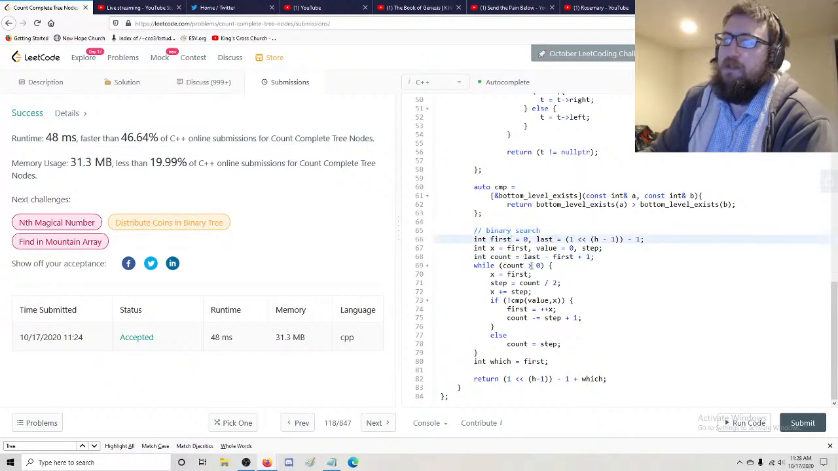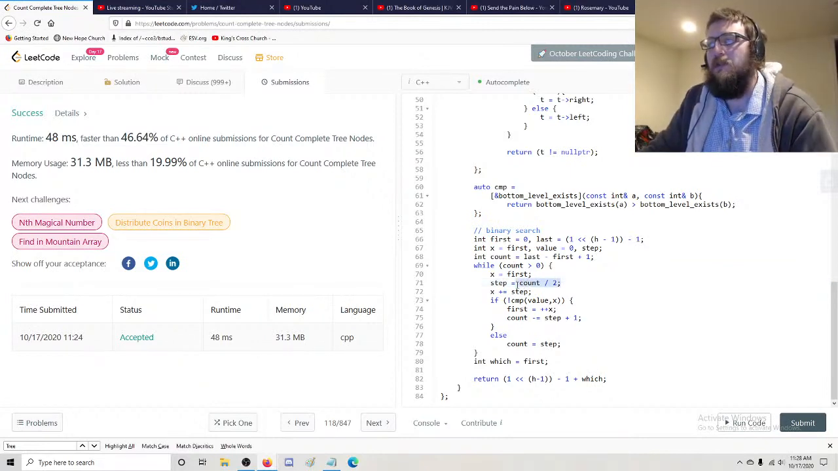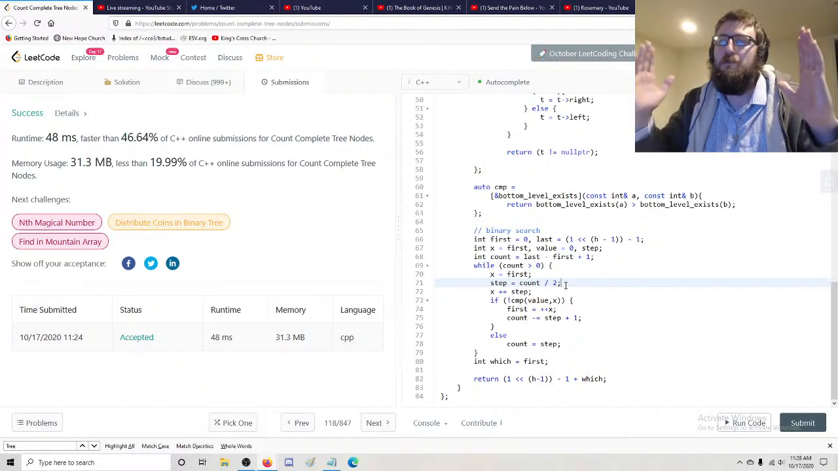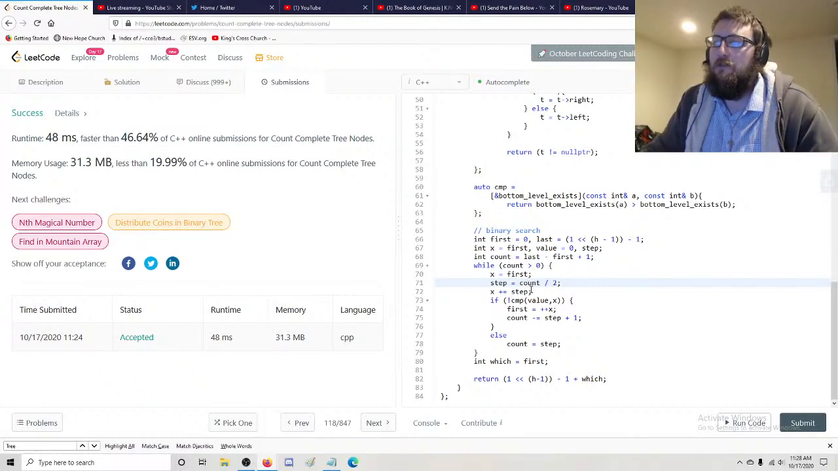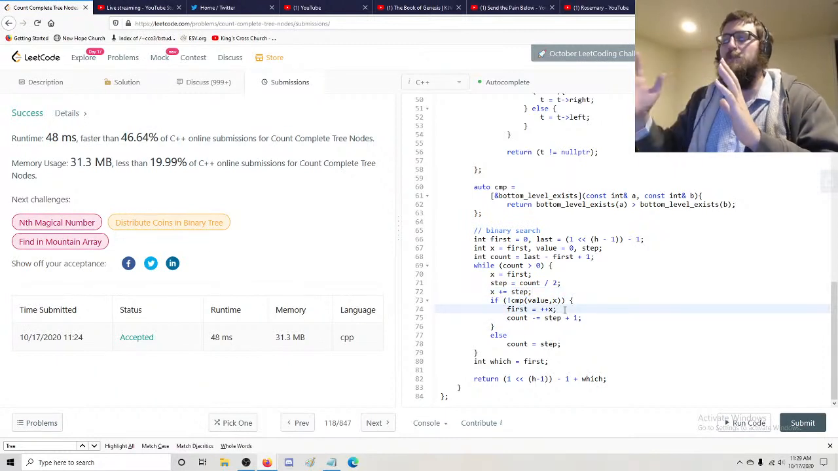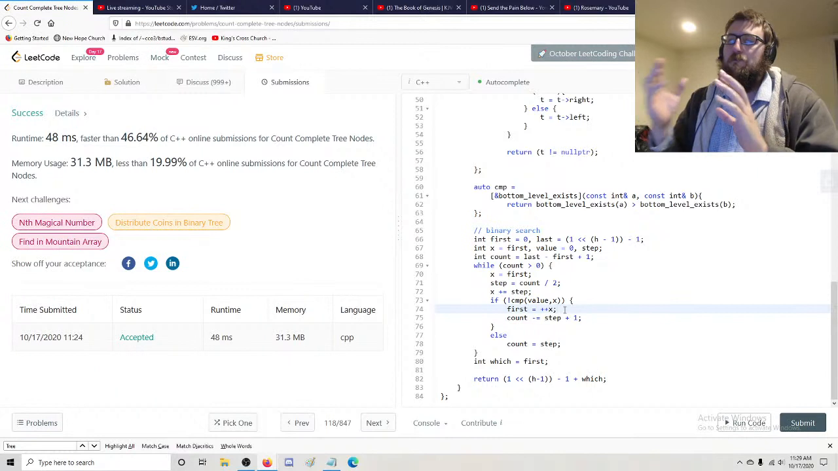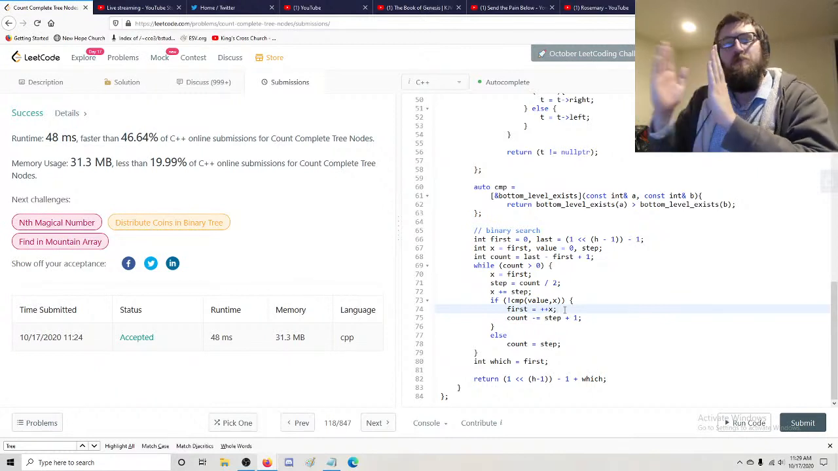which is going to be the distance between the first and last iterators. And then while the count's non-zero, start your iterator off at the beginning, wherever first is, which is the first part of the range. Make the step be the count divided by 2, so it's the size of your range that you're looking at. Increment x by the step, and you say, depending on a comparison, you're either going to move to the right or move to the left, or not move to the right. So moving to the right would mean you reset your first iterator to